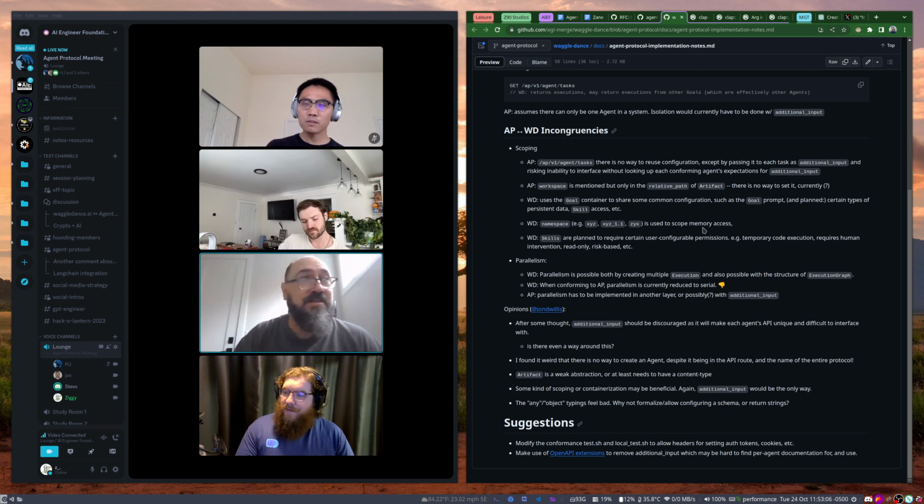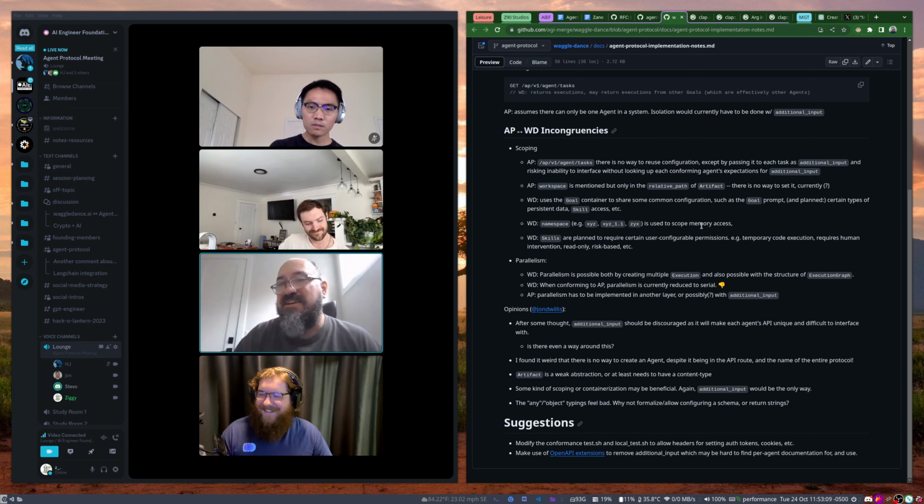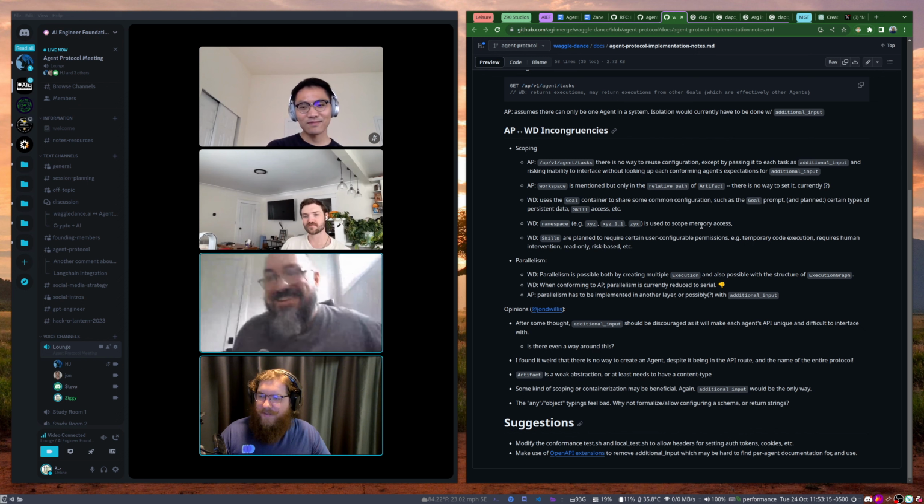I do not want to work on that. Auth, I hate auth. It's the last thing on the planet I want to work on, but it is needed. But you don't think that it could work as a plugin, that it would have to be fully integrated into the protocol?